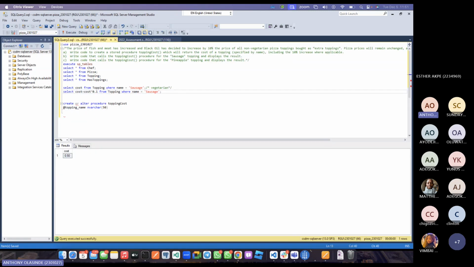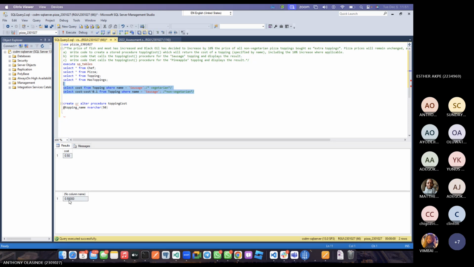that's up to him. So this gives you that of vegetarian, that of non-vegetarian. Right, so if you do this, let's do the two so you see the difference. So you can see something has been added to this one. About another 0.5 has been added. So that's the 10% that we added. So now what you want to do is,